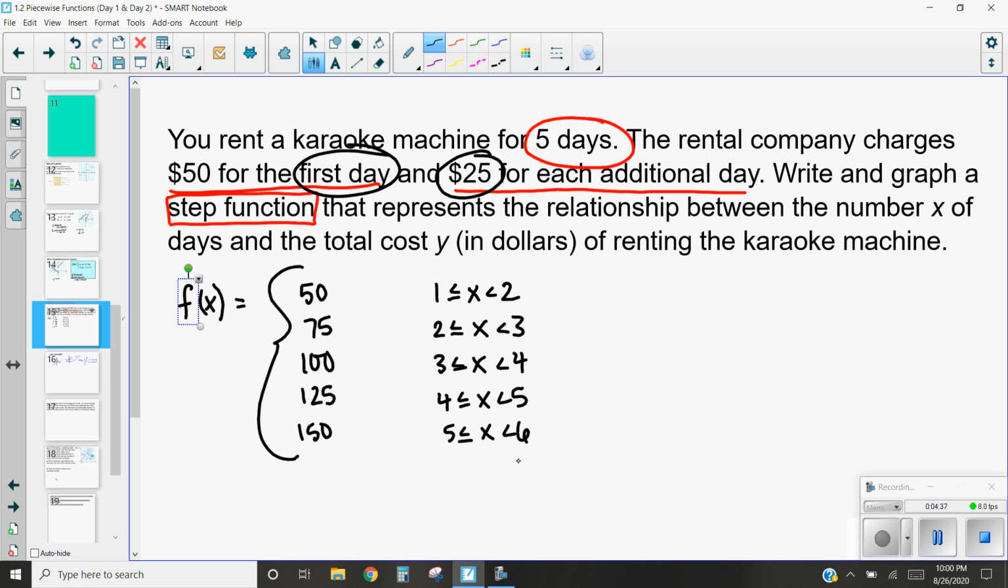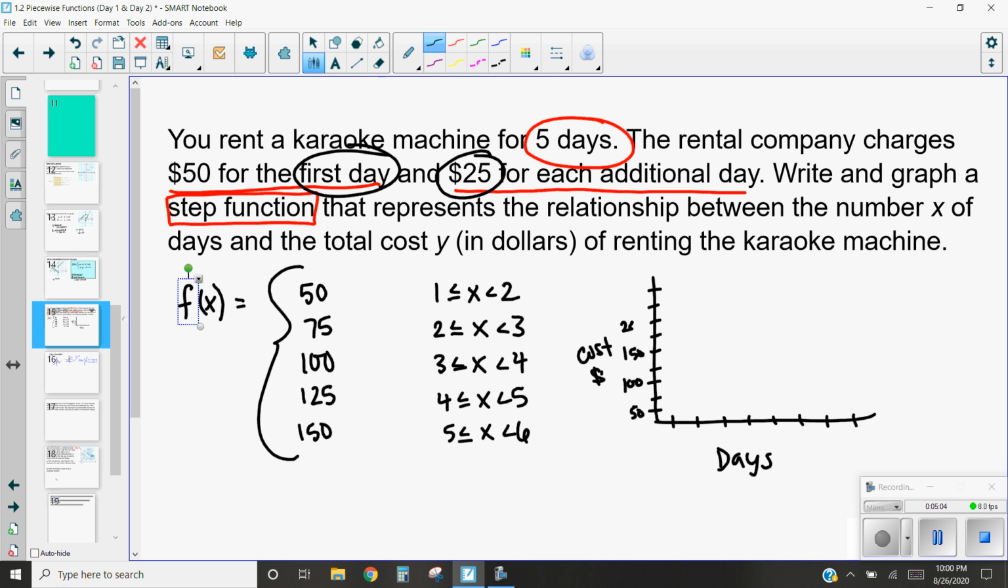So now let's look at what our step function would look like. Now, we've got our x values here. Remember, these are the days. And then over here, we have the cost. And this is in dollars. So let's look at it. I'm going to go up by 50s. So we've got 50, 100,